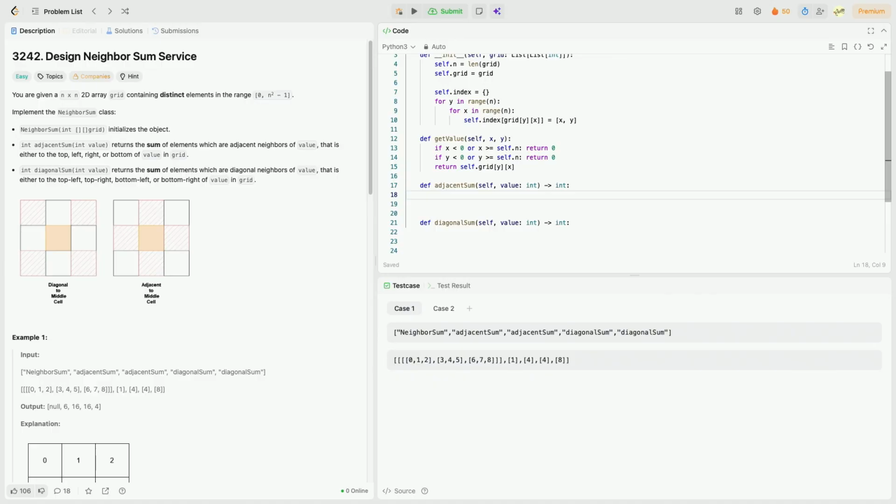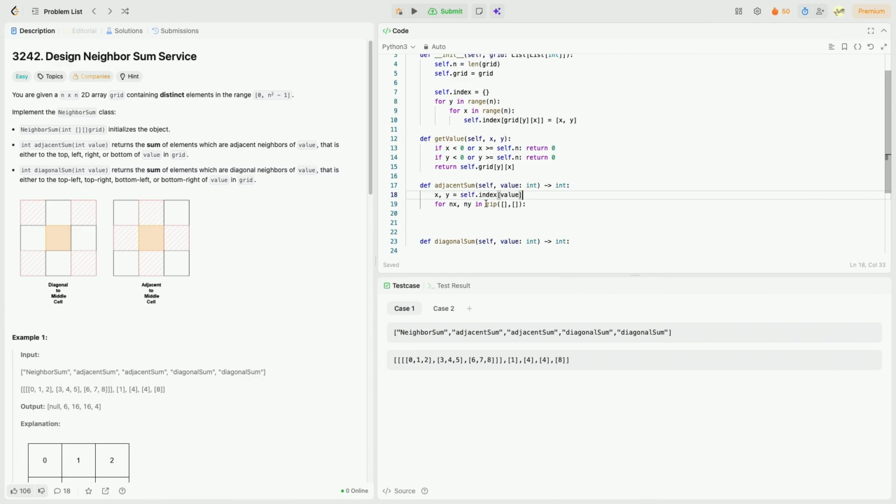So now the adjacent sum. Well, we have to look to the left, to the top, to the right, and below the cell. And the way that we can do that, well, we can compute the positions of the neighboring cells quite easily. So the position of the neighboring cell, I'm gonna use nx and ny as their coordinates, and I like to combine that in a little zip function that iterates over 2 arrays. And what we'll have is, well, adjacent sum of value. So we will get our x and y from our index,